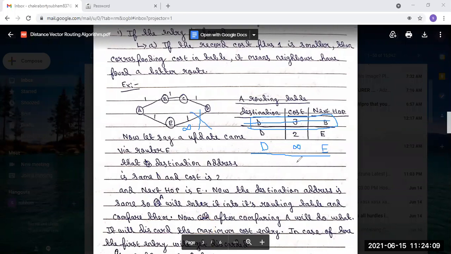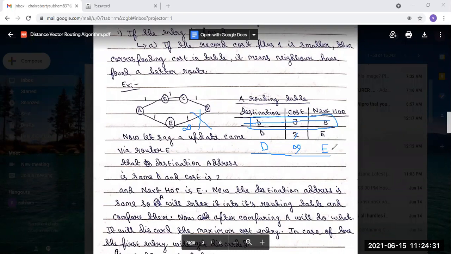But generally, if the next hop is different, then we give preference to the minimum cost. Here you see this cost is higher than this cost. But we give preference to the minimum cost only when the next hop is different.